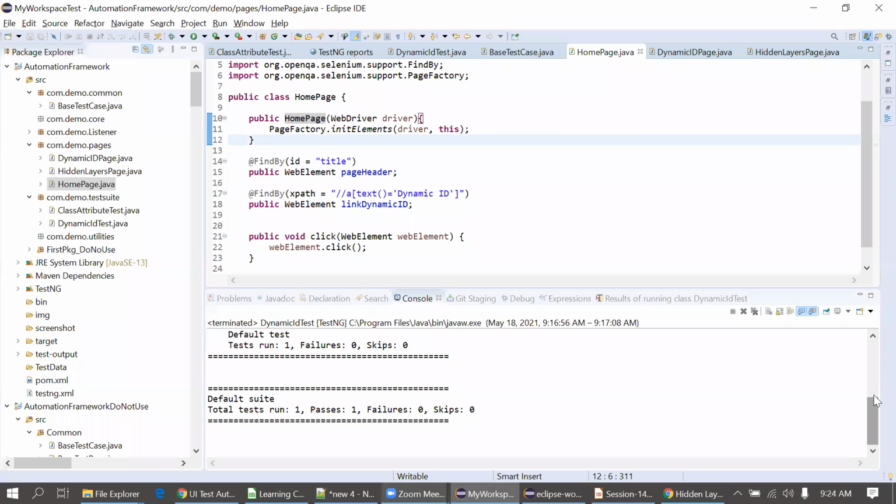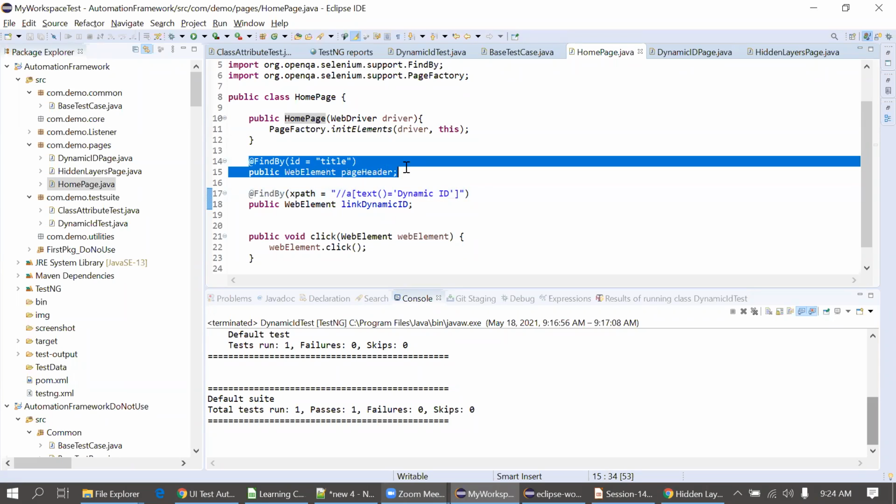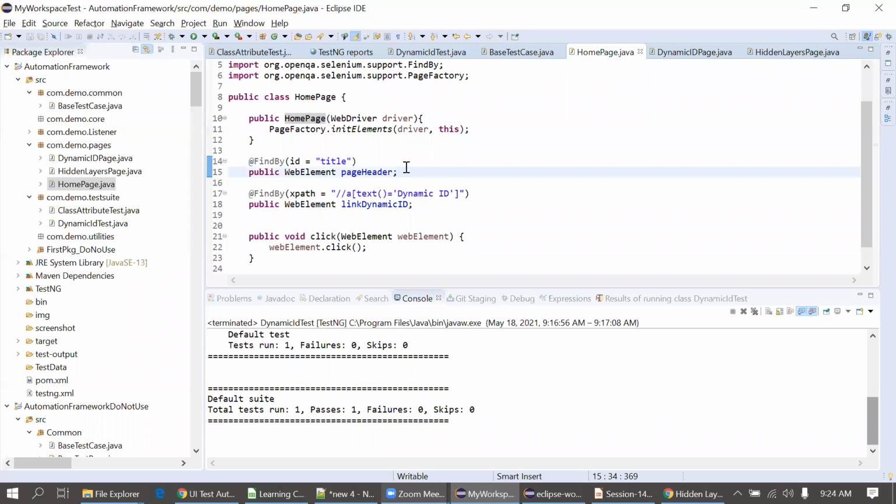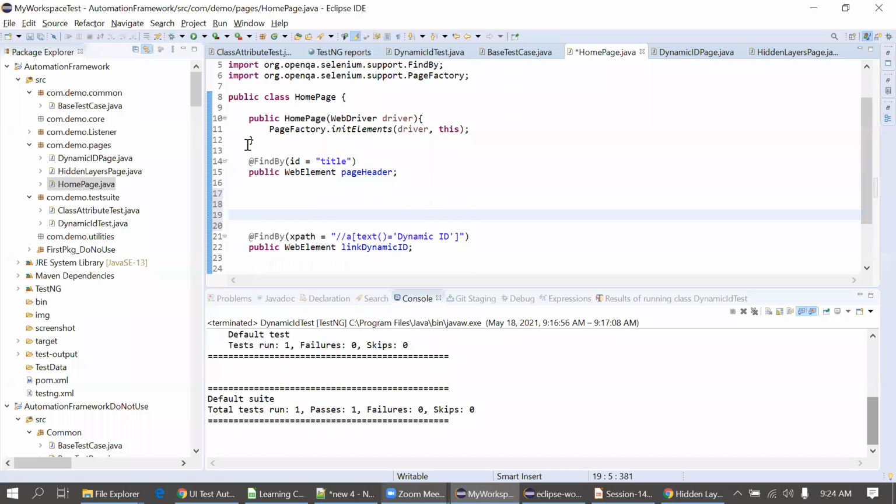And after this, FindBy ID, title. Then it goes to find the title web element and the page header. Just think about this part only.